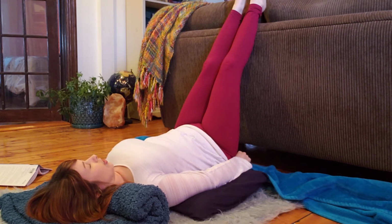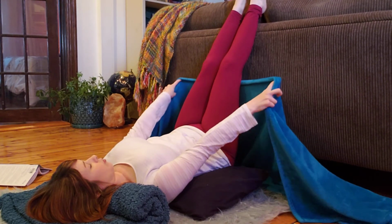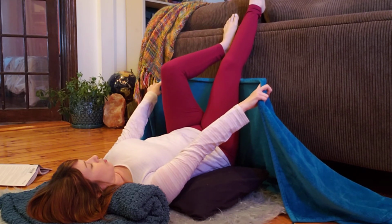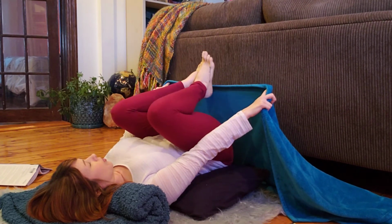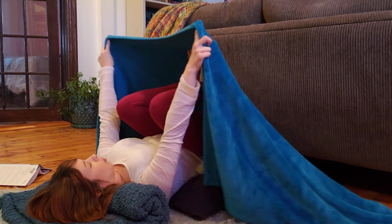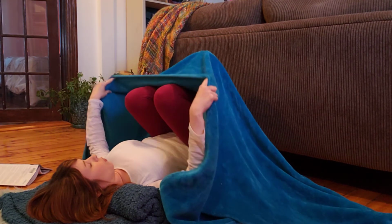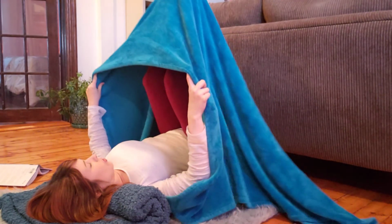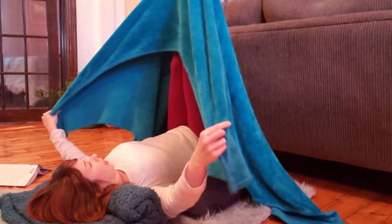Find an edge of the blanket and lift it up, so it's coming kind of behind your thighs, behind your knees. And go ahead and bend your knees, bring your feet to the wall, and then bring your knees all the way in towards your belly so your feet come away from the wall, and pull that blanket up over your feet. Okay? Give it a few inches so the blanket folds over to the front of your calves or even towards your kneecaps. And then stretch your legs back up and spread the blanket out on either side